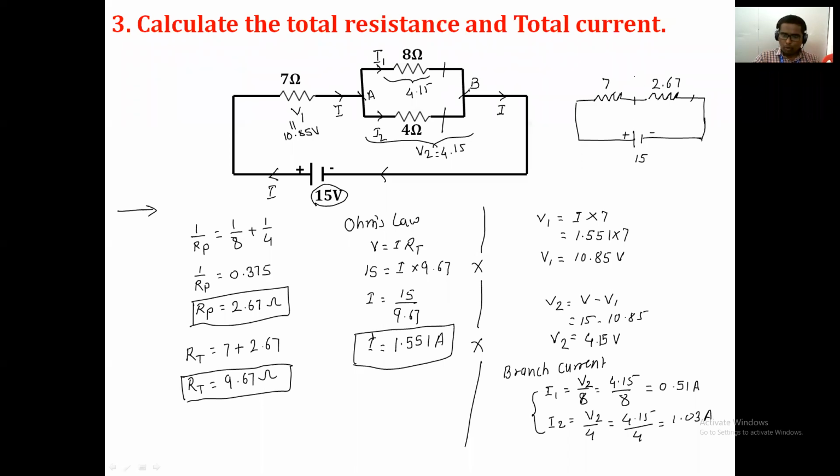But before that, let me announce one thing for the next session: you should be ready with the notebook and the calculator, and another preparation is required. You read all the concepts of the series circuit, parallel circuit, and the series parallel circuit, so that it is very easy for you to solve the numericals, and you can enjoy that session. Otherwise, it's quite boring, because you must understand how the value is calculated and what the concept is. Otherwise, everything will be quite difficult. Is it right? So today we stop here.